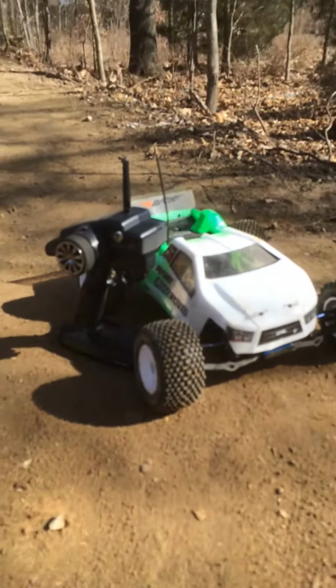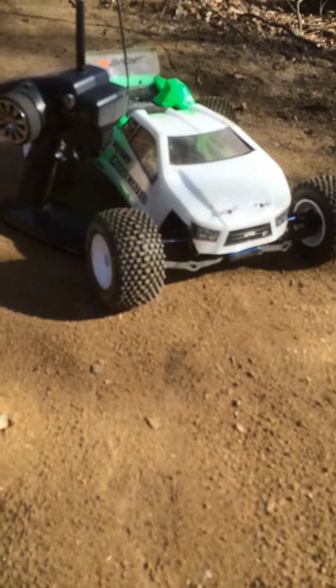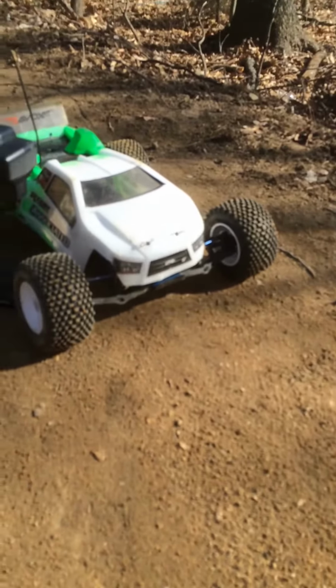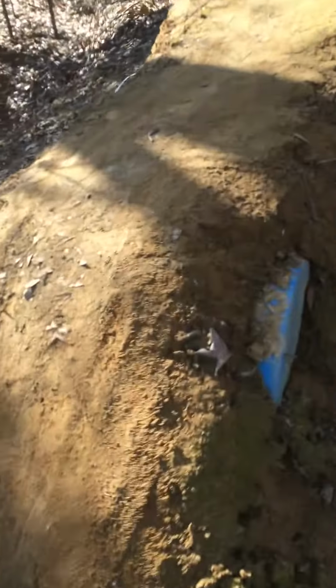Hello, this is a Team Associated T4.2 and I am going to show you how to jump. I'm using a jump that's probably 4 to 5 foot long. Got a pretty wide landing, but the only problem is that it's a skinny arch. And I'm going to show